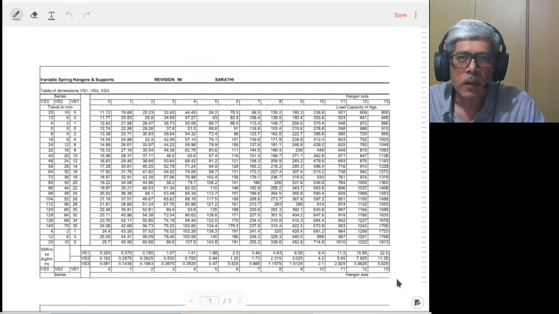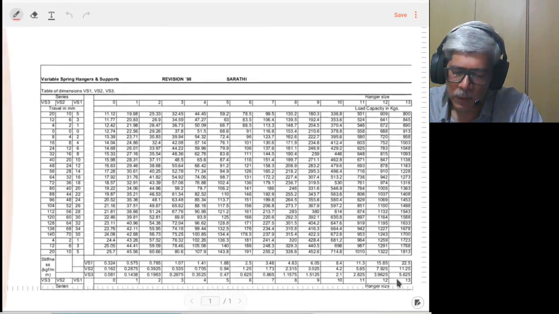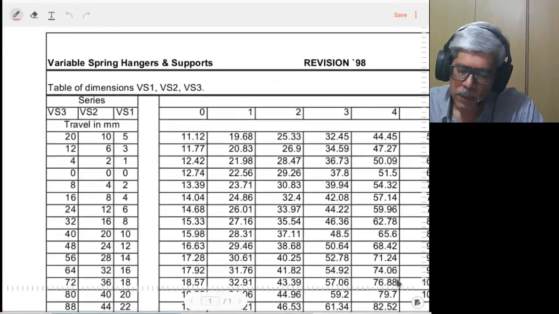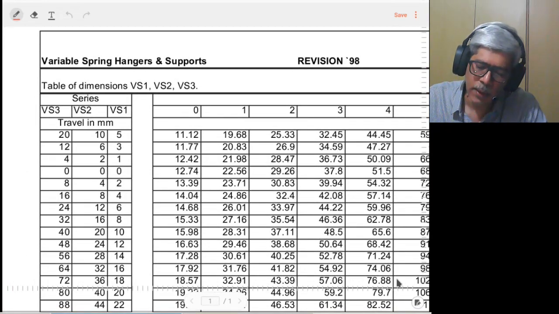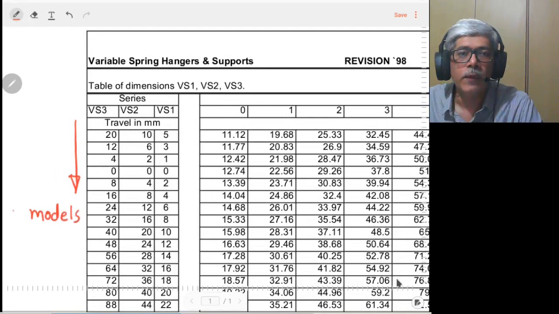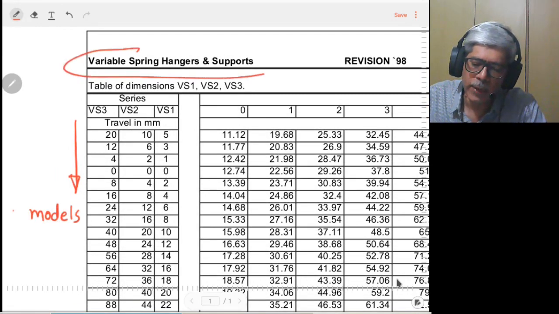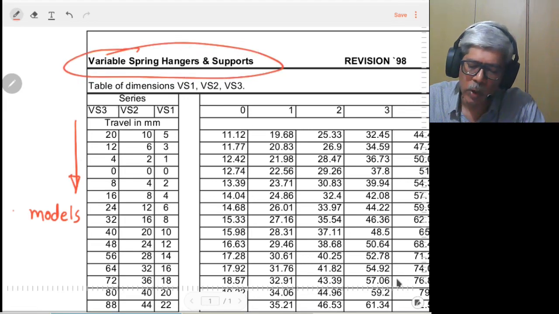Okay, so here the catalog looks like this. Let me explain the layout. The first three columns are the different models of the hangers. Here we are talking about variable spring hangers and supports. The models are available in series VS1, VS3, VS2 and VS1.